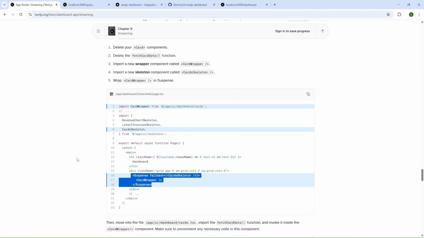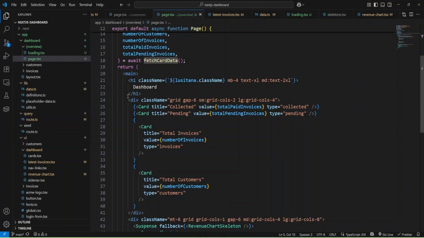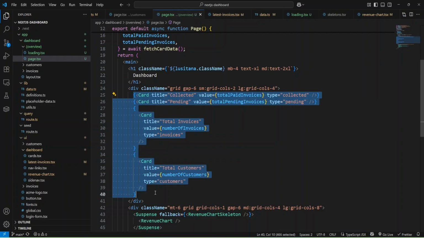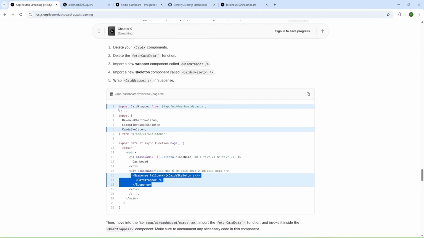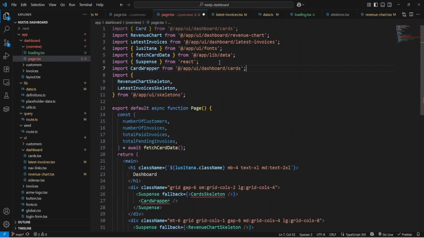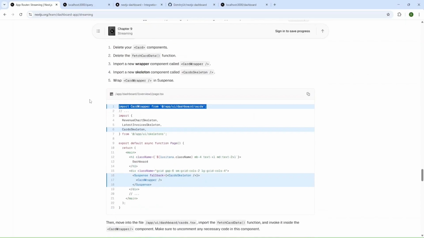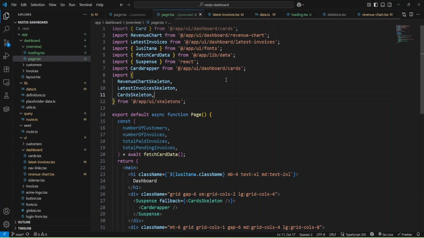Inside cart, I'll add cart wrapper, and after dashboard. Okay, and I'll add it here, and we need to add import, and we'll add import, and also we need to add cart skeleton, and we'll add it here.